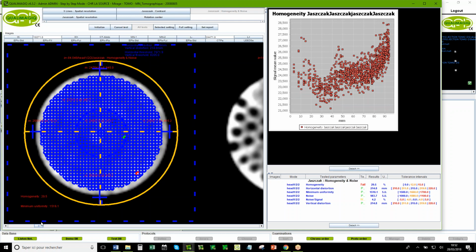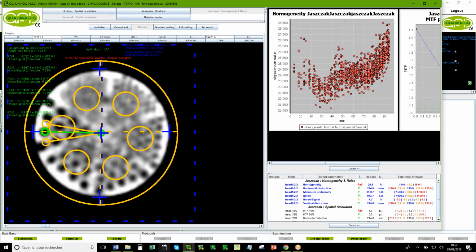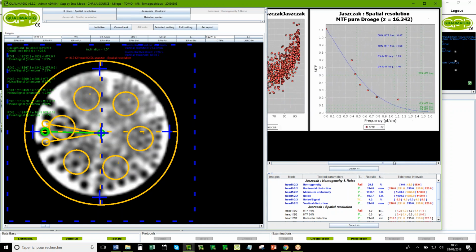Okay. So the last in the JASAC Phantom is to evaluate the spatial resolution. Here, of course, the problem is we don't have a lot of frequencies in the pattern, but it's not like before with only 4 frequencies. Here we have 6, so we can measure the standard deviation of the signal in the 6 regions of interest.